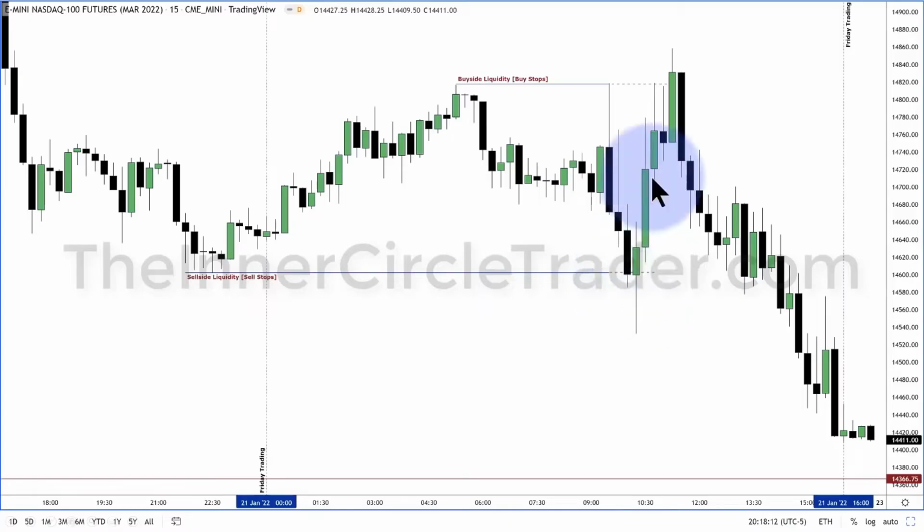And then the algorithms go right back up to an area where it's been cleanly delivered relative equal highs. See how this high here, right before it dropped, is basically the same high here? Notice that? So retail traders see this and they trust it as what? Resistance. So the books always say, put your buy stop, if you're going to go short, right above a clear level of resistance. Well, these levels work for a short period of time, but majority of the time, you see